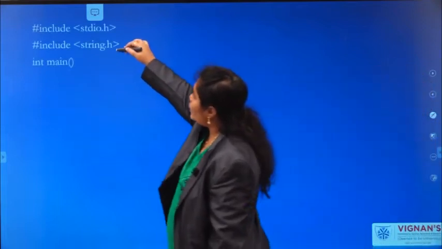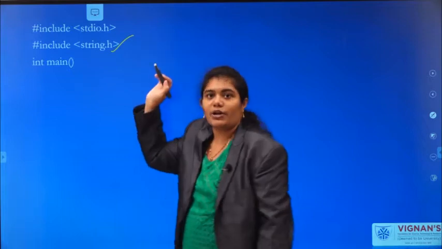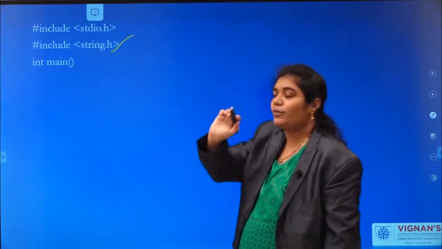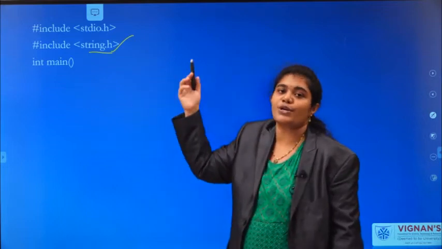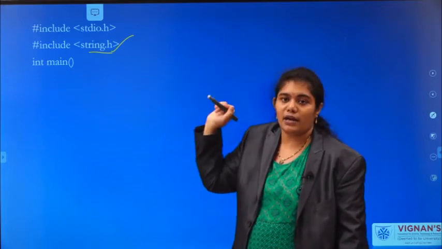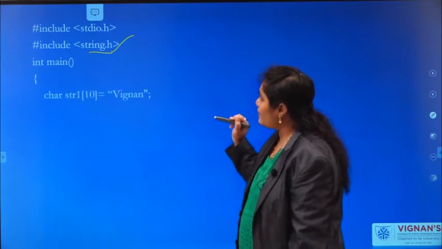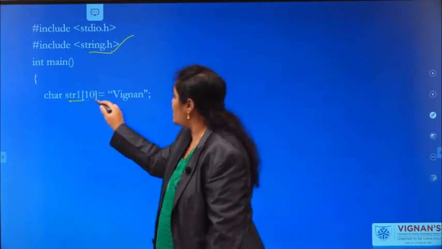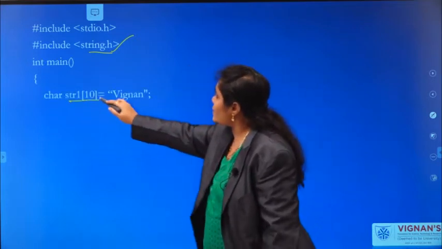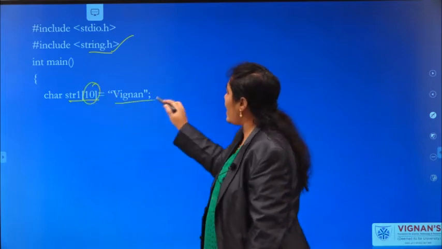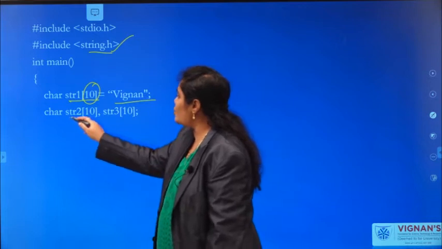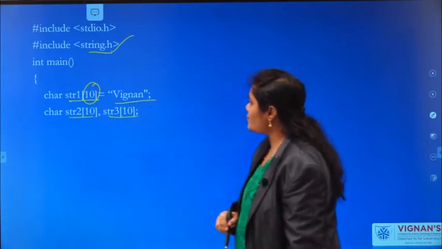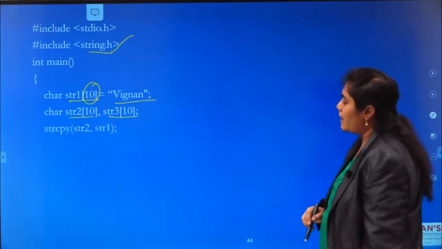Before using any predefined functions which are related to strings, you have to include string.h. If you do not include string.h, you will get an error. So we will start a program. The size of str1 is 10 and the value of str1 is Vignan. And I am declaring two more character variables, str2 and str3.